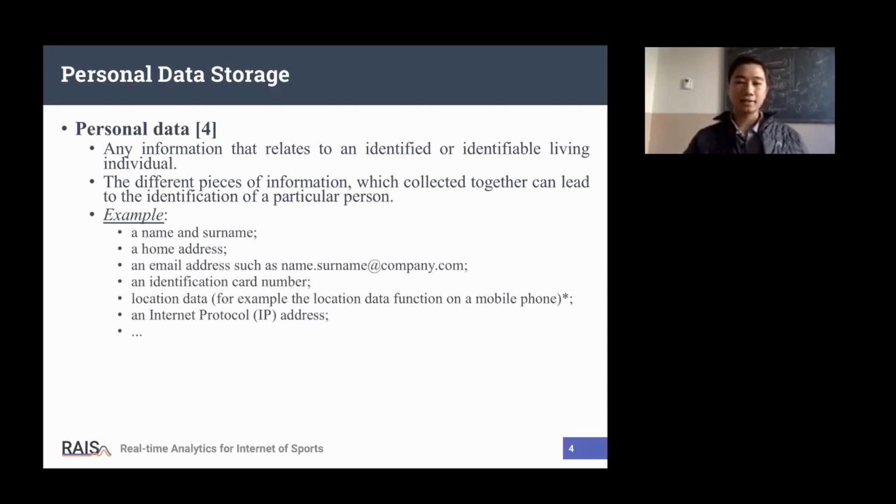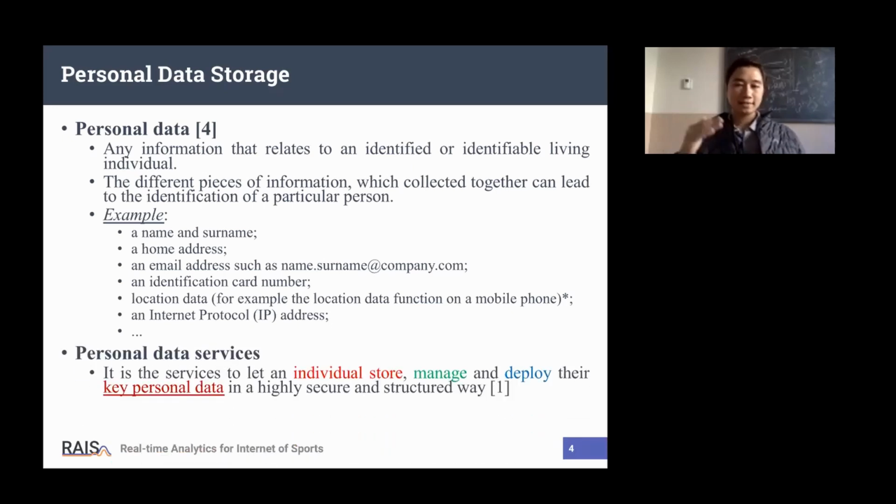Some available information, something like the name or surname, home address, email address in the same cluster, as you can see on my screen. So why is personal data very important for the user? Because depending on this info, the attacker can get more useful information, maybe behavior or the health issues of a person. That is the reason why users increasingly consider the privacy problem. So that is the definition of personal data.